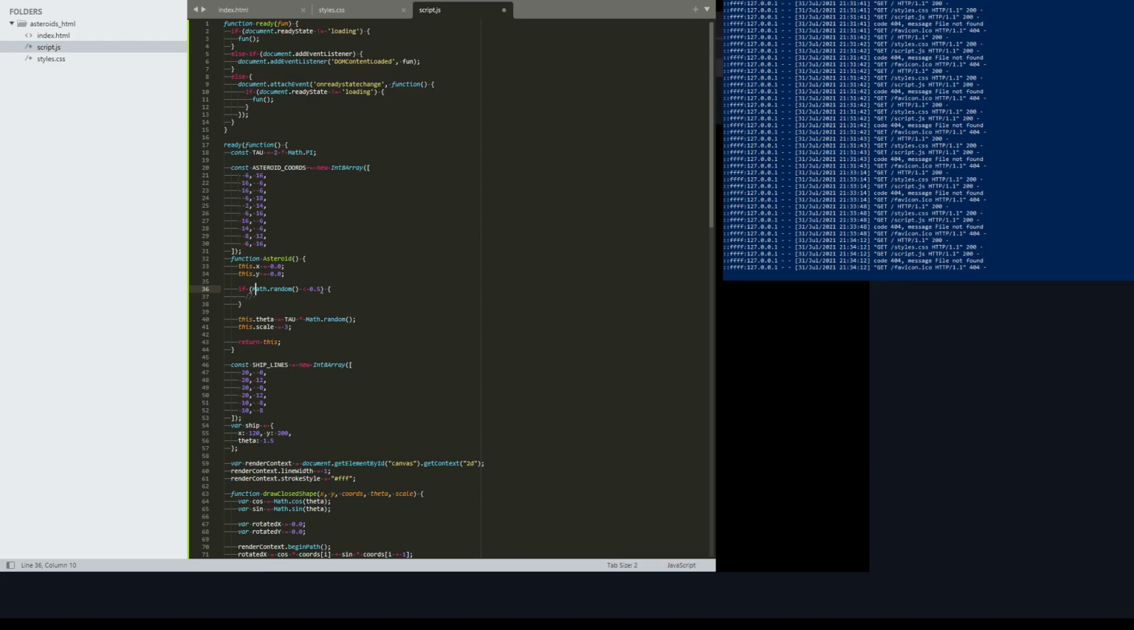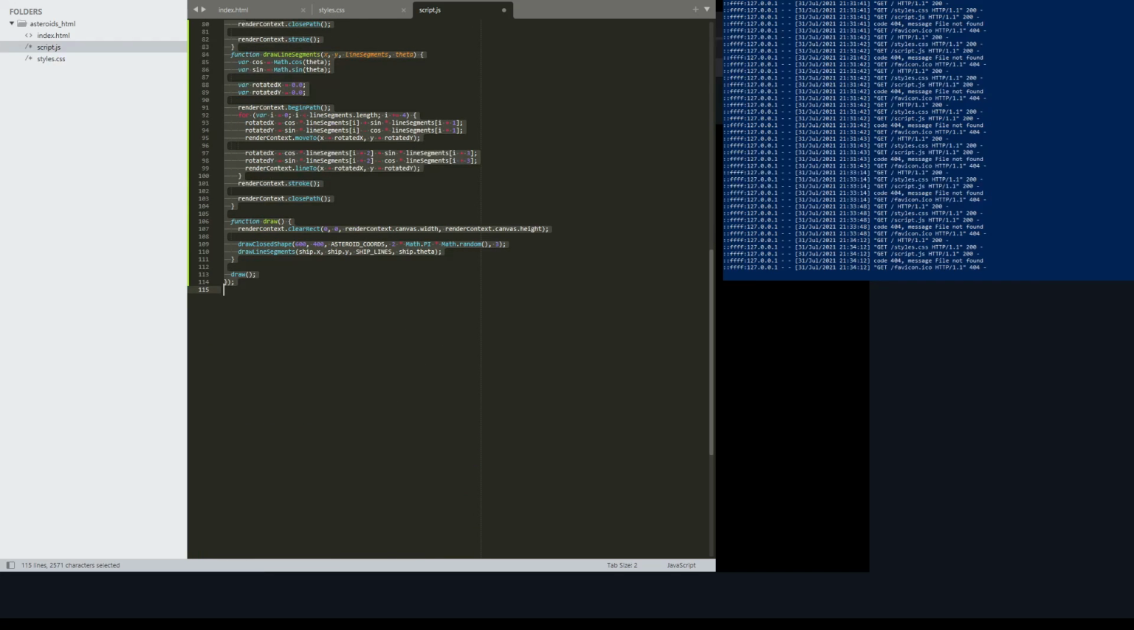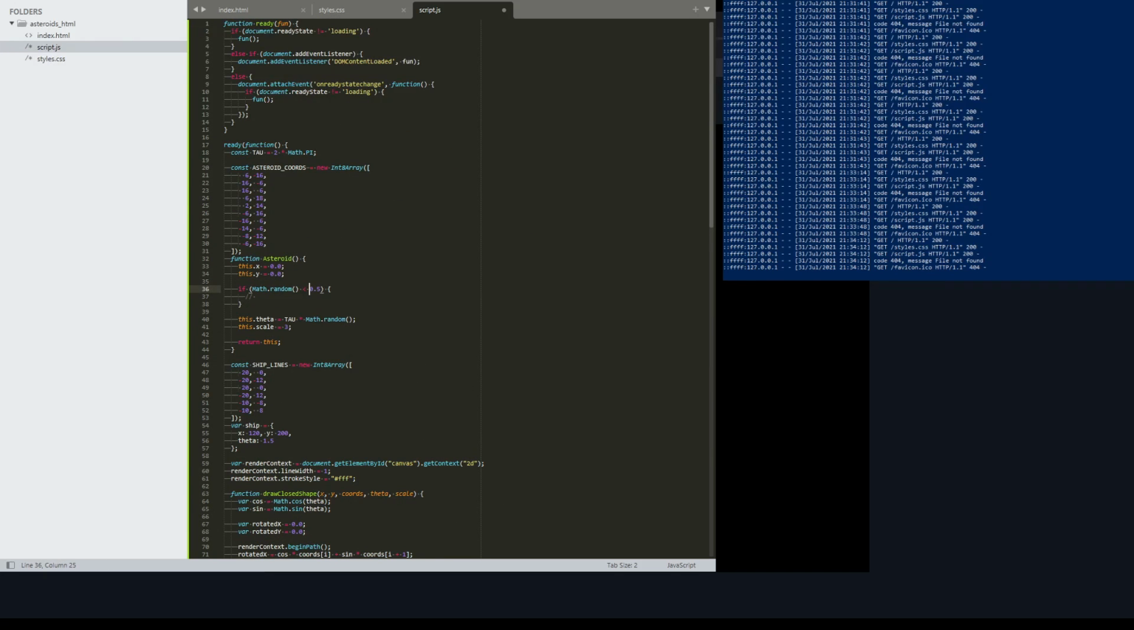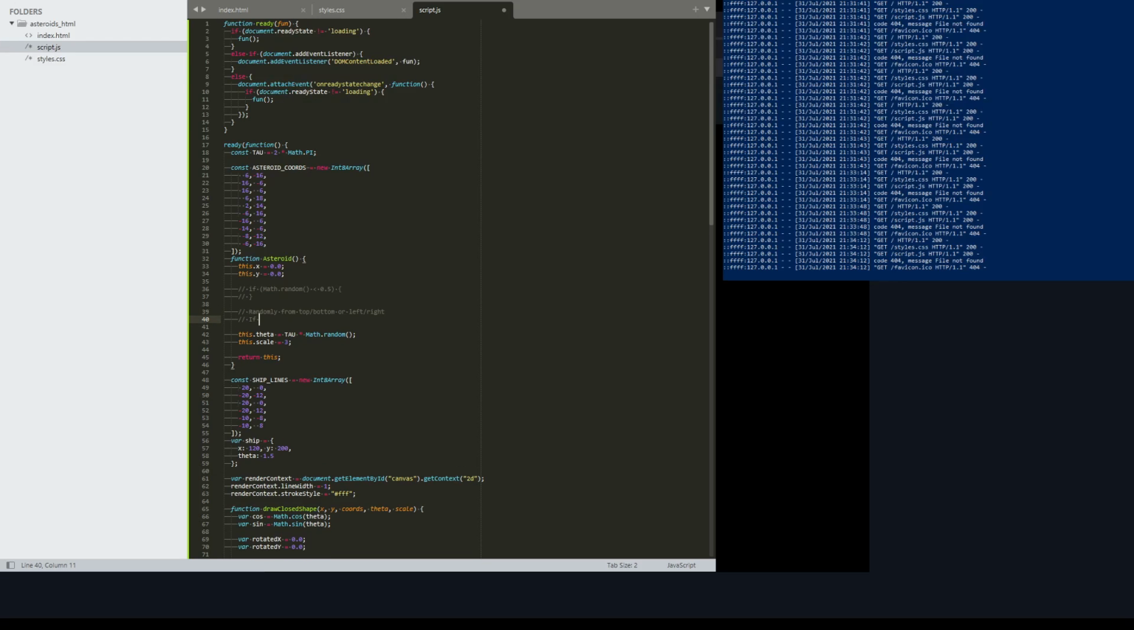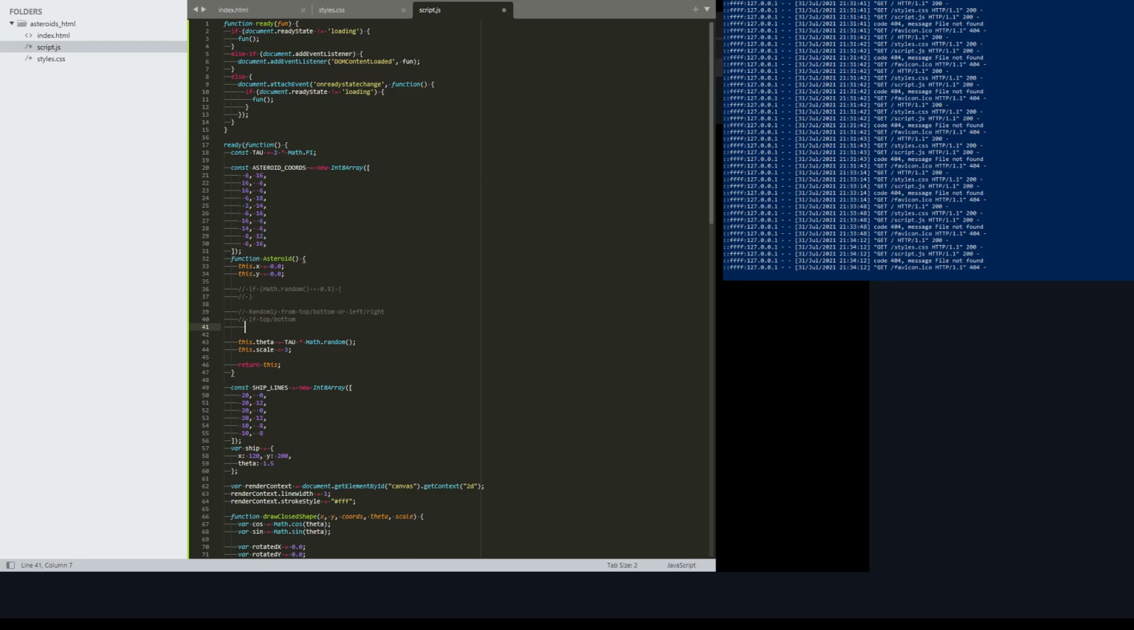I'm actually going to even comment this out. I'm going to just comment this out for a minute. Yeah, and we're just going to pseudocode. So if random, yeah, let's say randomly from top, bottom, or left, right. If top, bottom, let's say if it's coming from the top or the bottom of the screen,